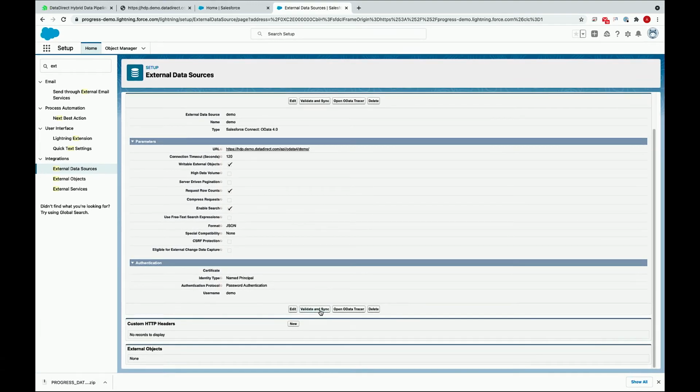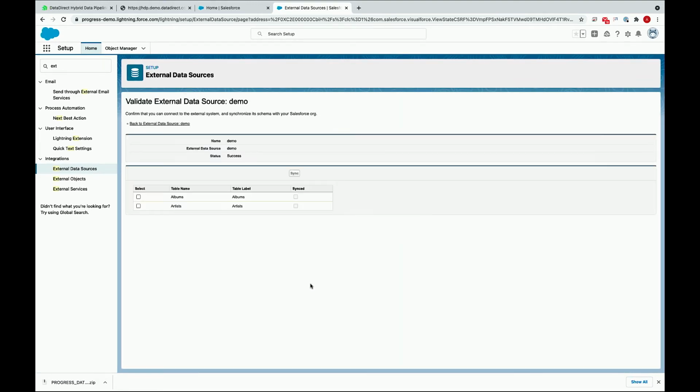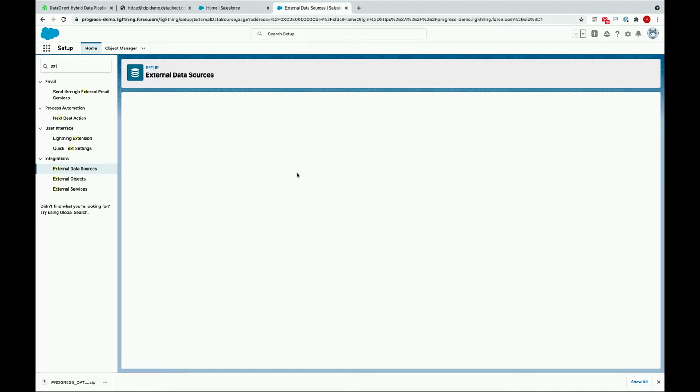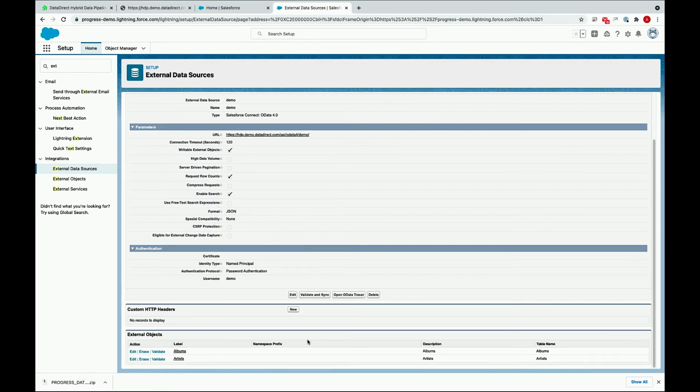Once that's done, we'll click Validate and Sync. We'll choose the two tables, and this is what maps those to the external objects inside of Salesforce. You'll see that those have been mapped. And once that's done, we can now create a tab. I find this a good way to view these. So if we go to Tabs,